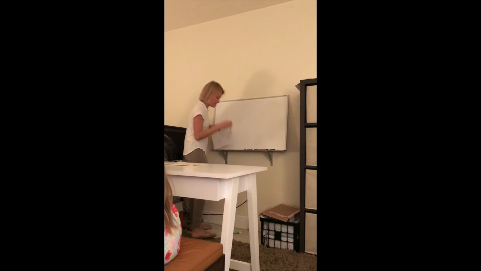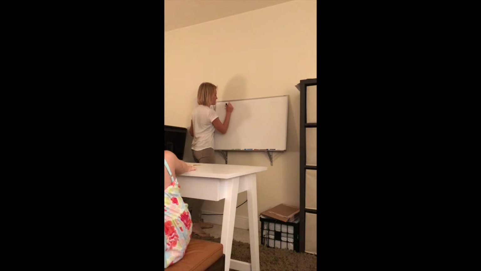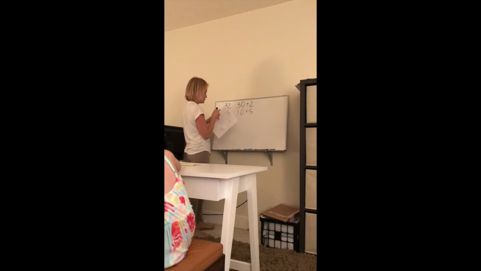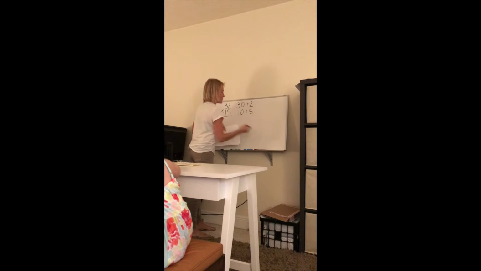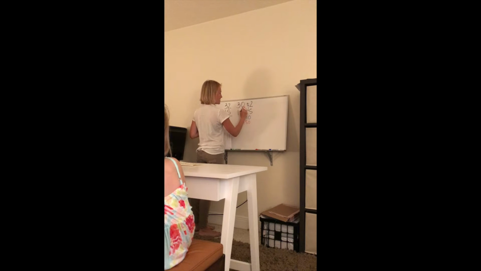So the next one we're going to do is 32 times 15, which is the same as 30 plus 2 and 10 plus 5. So first, we multiply up. 5 times 2 is 10. Then we multiply across. 5 times 30 is 150. Are you doing the bow again? Then we